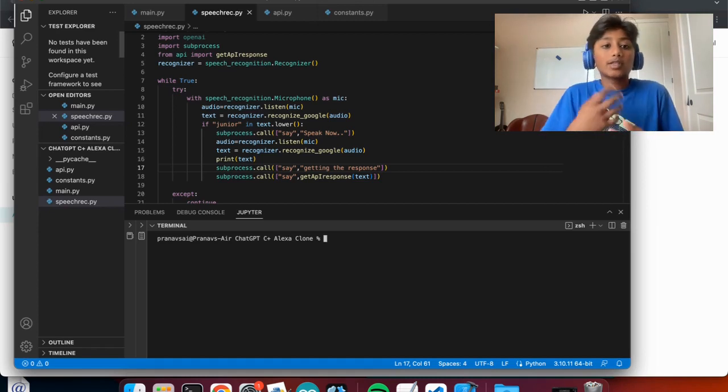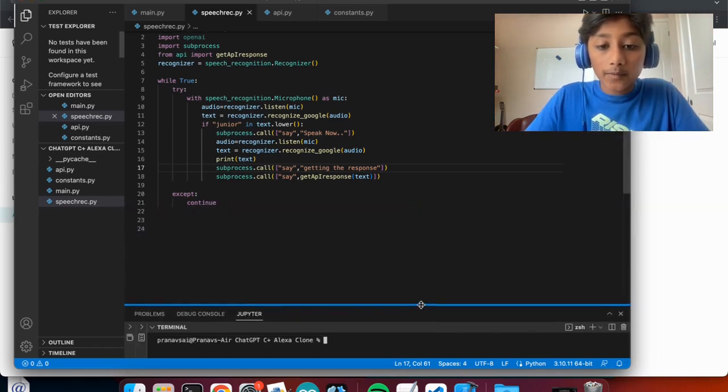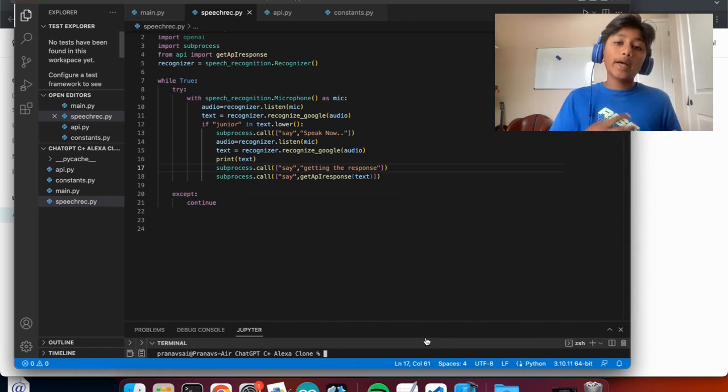It's got a nice poem, and now it's speaking it out to it. So now we can actually see how the Alexa is getting better and better. And we can actually even make this better than ChatGPT, because we can recognize, let's say, if we have time